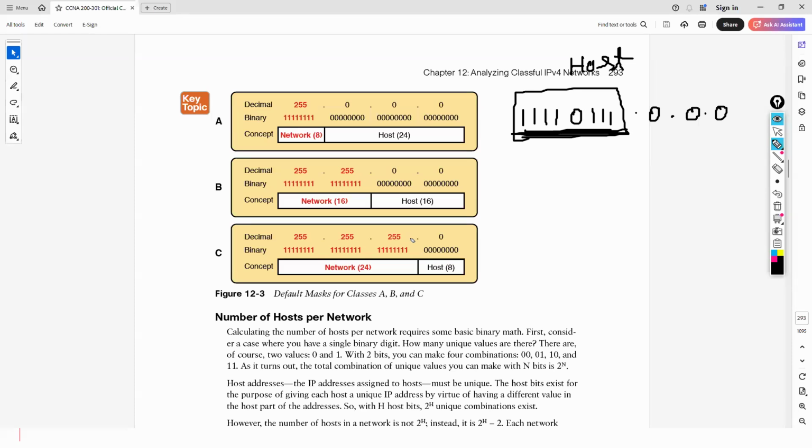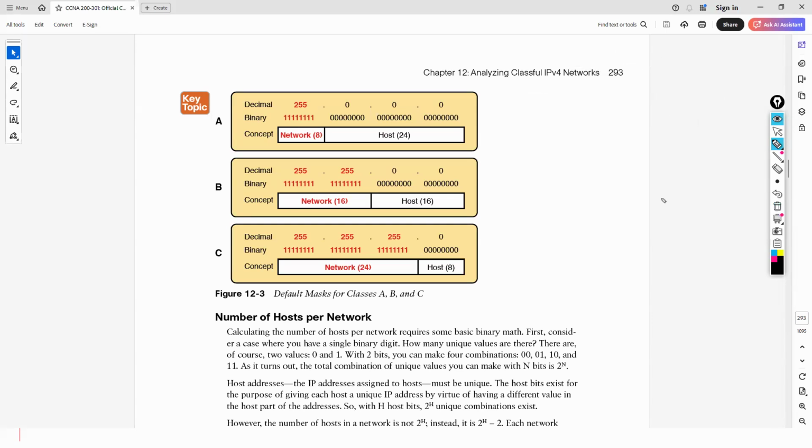It won't even count it as a host part, but what I'm trying to say is it can never understand this as a host part nor as a network part as well. So the condition for address mask is also that, if you are writing an address mask or choosing an address mask number,